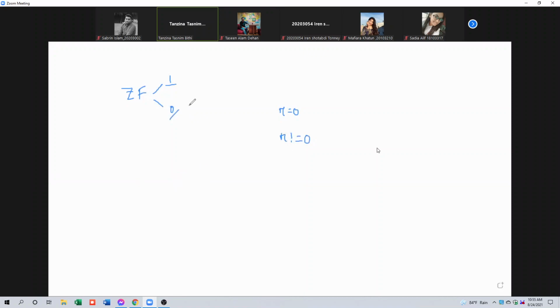Suppose this is an example. The first instruction is MOV AL, 0FH. This is a hexadecimal number. And then ADD AL, 0F1H. The first instruction is a move instruction, and the destination operand is a register, right? AL is an 8-bit register, and we are going to initialize the register with this value, 0F.